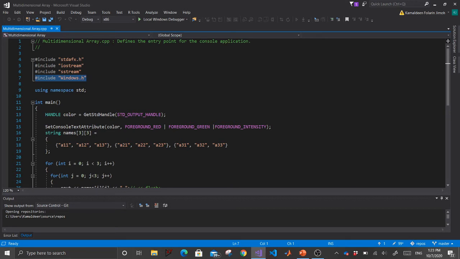Why I'm doing that is because I want to change colors of my text when I'm debugging the code. So here is just a color handler. If you are new to this, it is a simple way to add color to your text. And here I'm setting the console text attribute itself. And here I'm mixing different colors, red and green,